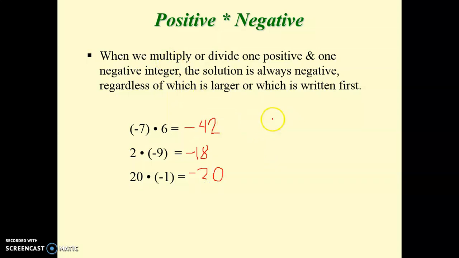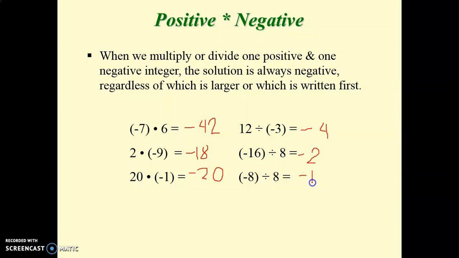The next one, if you are going to divide 12 divided by negative 3, that is equal to negative 4. Negative 16 divided by 8, that is negative 2. And negative 8 divided by 8, that is equal to negative 1. Okay? Always bear in mind that positive times negative is always negative. Positive divided by negative is always negative. Okay? So those are